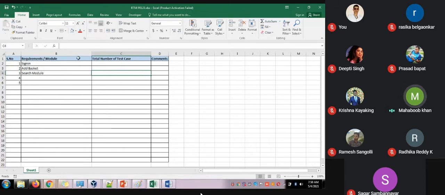When you see this set of requirement modules, imagine the total number of test cases which you have written.